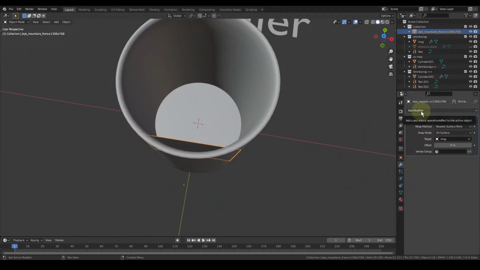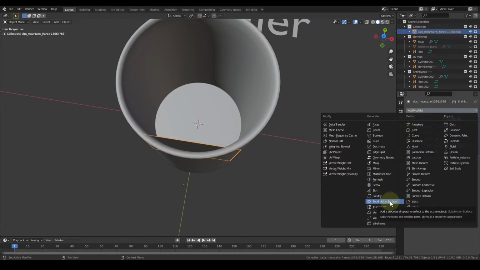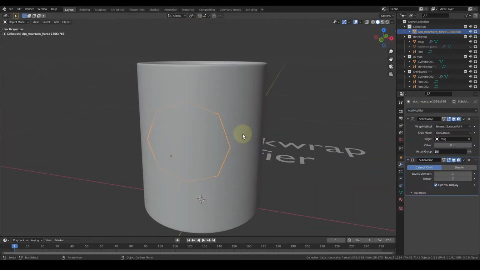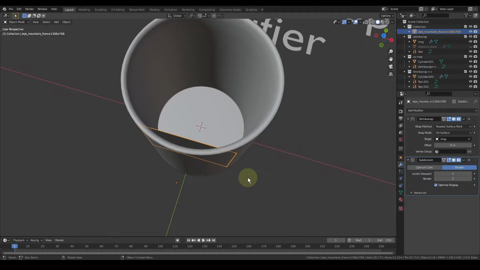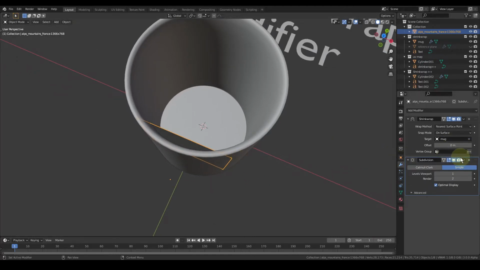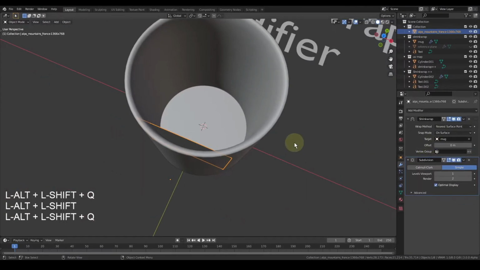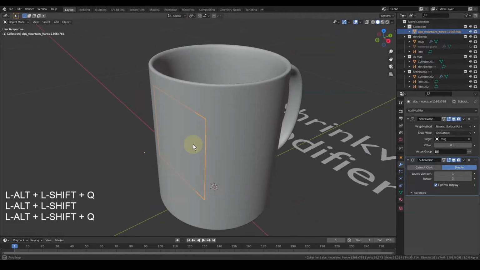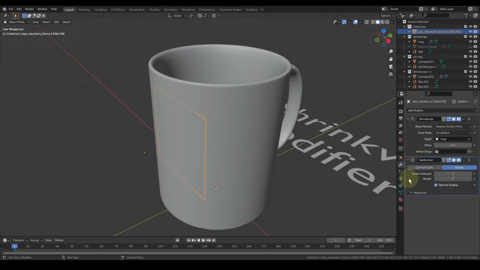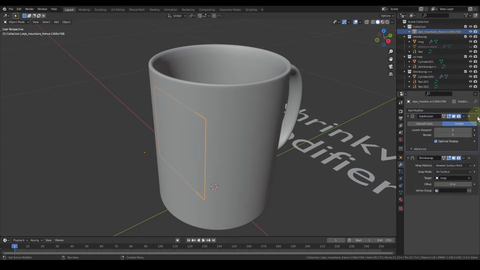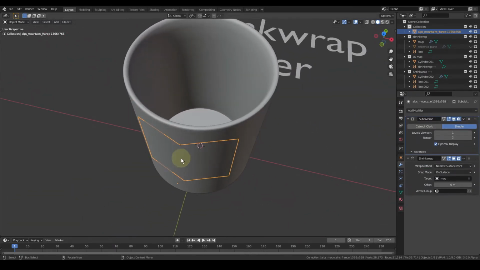So one option that many people advise is subdivision surface, and in that subdivision surface, we have to switch to simple mode. Currently, it's not working because we have the subdivision surface modifier after shrink wrap. So first Blender is shrink wrapping all the vertices to the surface, and then it is applying the subdivision modifier. We don't want that. We want the increase in poly count to occur first, and then we have to apply the shrink wrap modifier. So when I move it above the shrink wrap modifier, you can see this has changed.